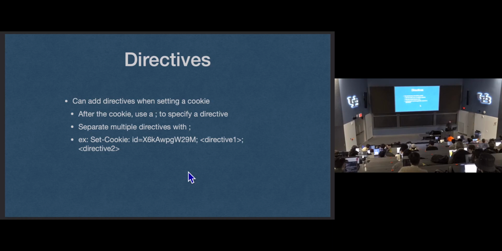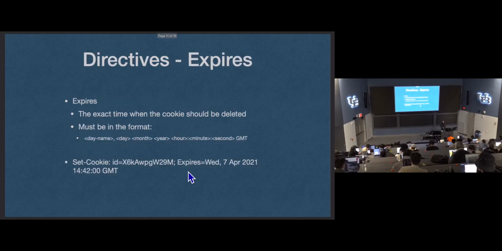So directives are separated by semicolons, and let's talk about what these directives are. There's only a handful of these, only 3, right? Depends how you count them, 3 or 4. I count Expires and Max-Age as the same one. But Expires,